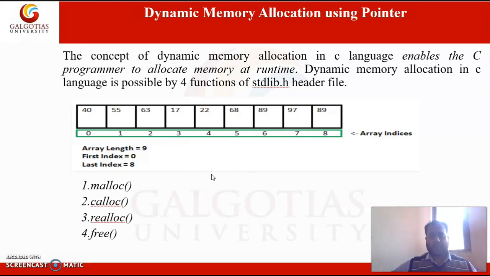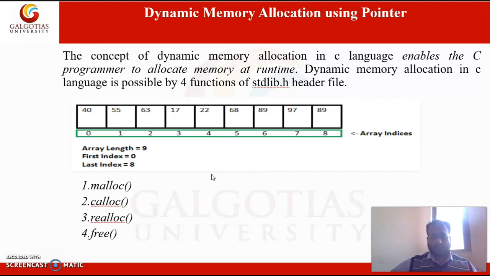Dynamic memory allocation is used to enable the programmer to allocate memory at run time. Here we have the standard library stdlib.h, where we have many methods that are used to allocate memory space dynamically to the variables.